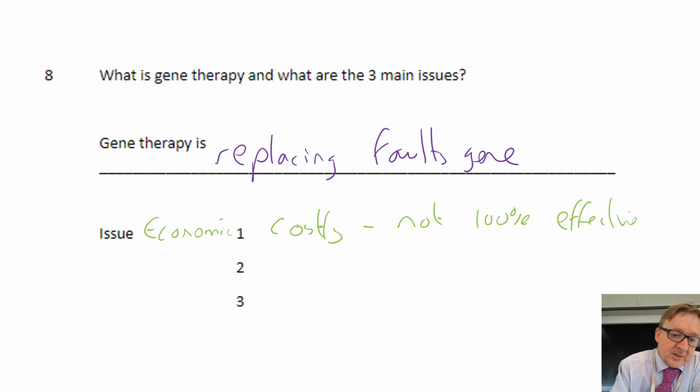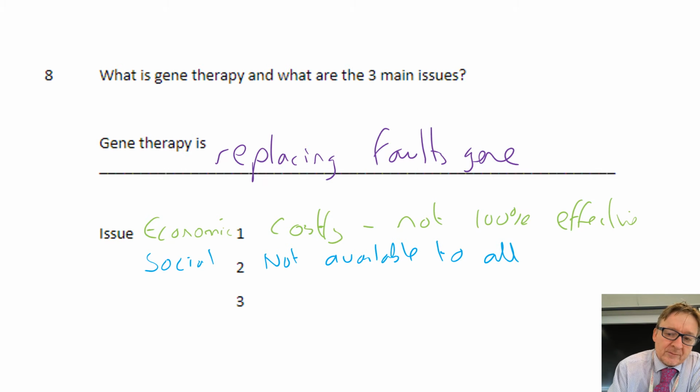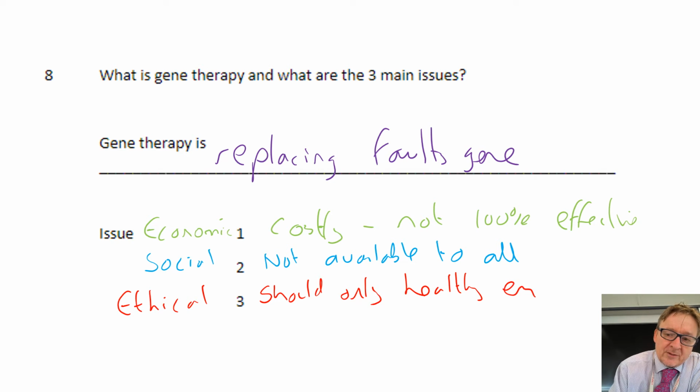Number two, social. It is not available to all. If you think, it's very, very expensive. And number three is ethical. So ethical, should only healthy embryos